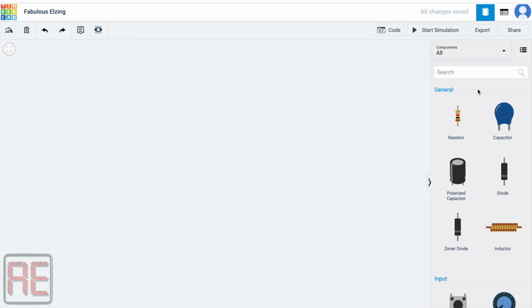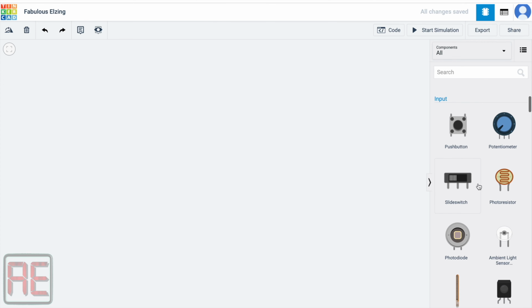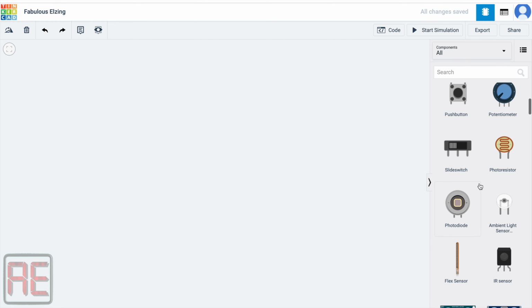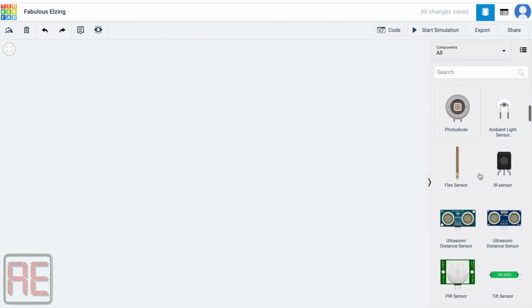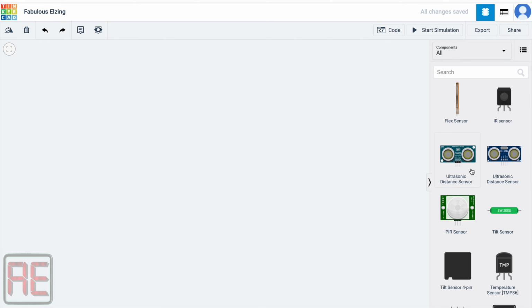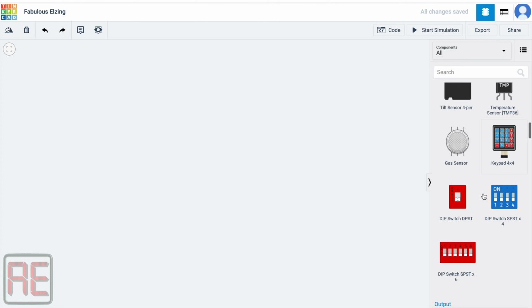Let's take a look at which kind of components we have. We have, for example, resistors, capacitors, buttons, and switches. We have sensors, like the photoresistor. And we have some Arduino components, like the ultrasonic sensor and the keypad.